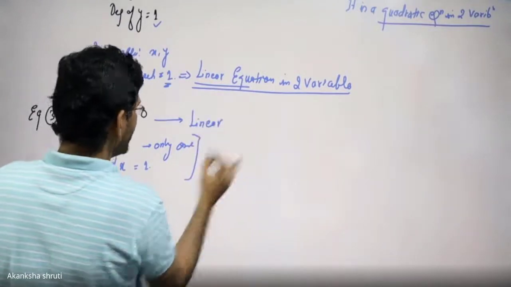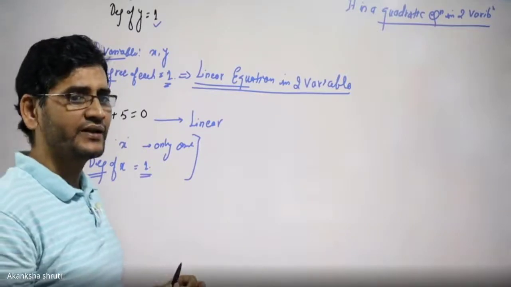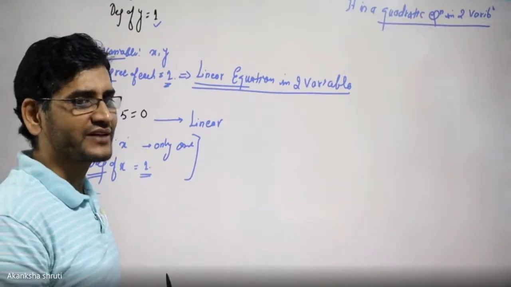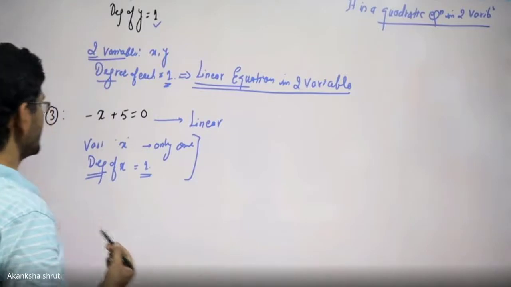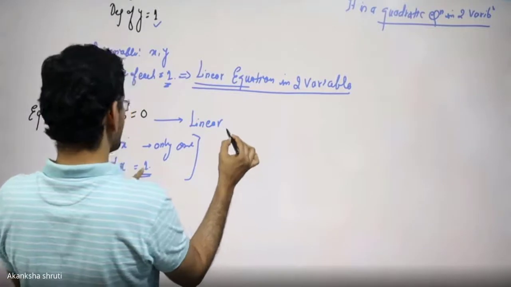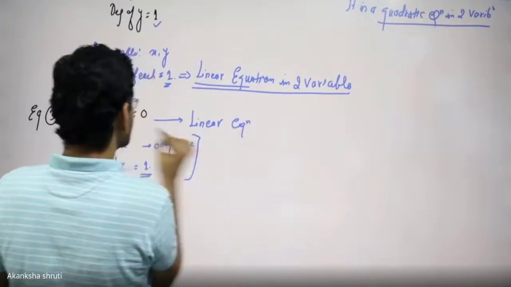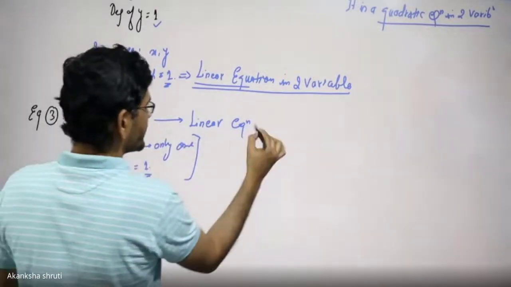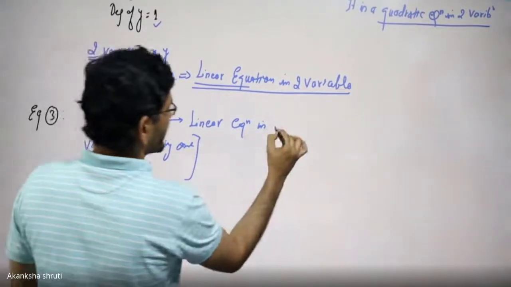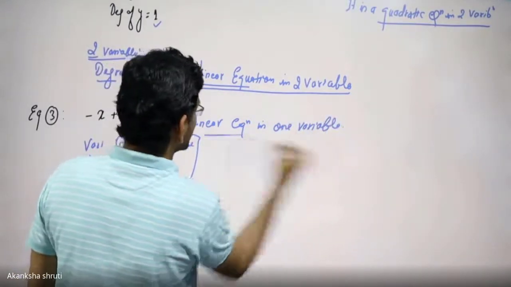So it is linear. Linear means the highest degree of the variable is 1; how many variables there are doesn't matter, but the degree is 1, then it will be linear. So the degree is 1 only, and the number of variables is also 1, so it is linear. Also, students, since the equal sign is here, it is an equation in only one kind of variable, in 1 variable. Okay, students. So this is how the nomenclature is.